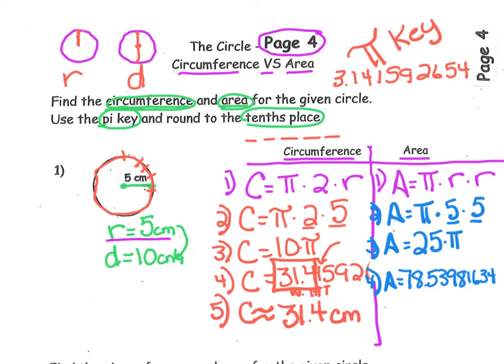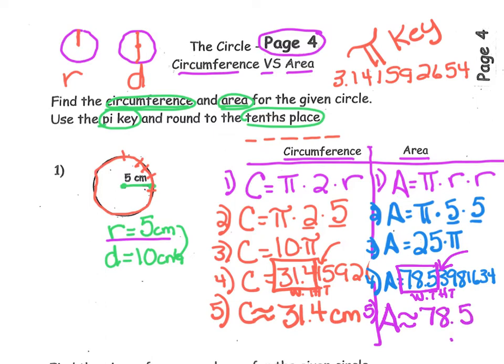You should have gotten 78.53981634. Let's round to the tenths place. Mark your place values and box your answer to the tenths. Look at the 3 just outside of the box. It's not 5 or more to raise that score, so the area rounded to the tenths place is